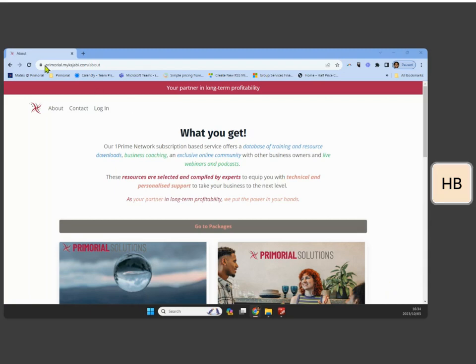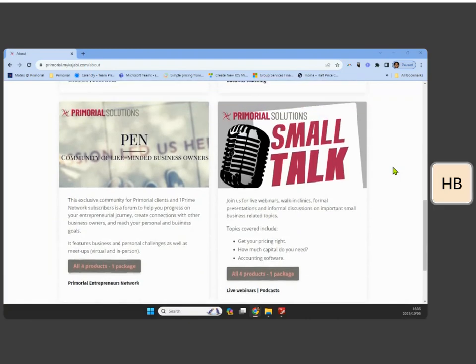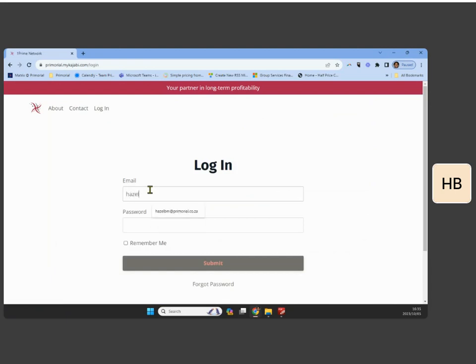So when you go to primordial.mykajabi.com, this is the landing page. The screen that I'm sharing with you right now is the landing page that you would come across. In order for you to access the platform and be able to use the underlying resources, it's very easy. All you do is click on login, type in your username and password,